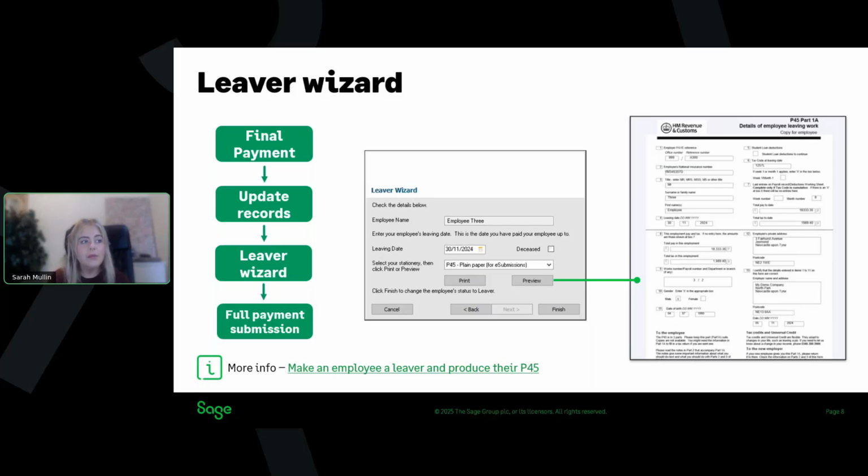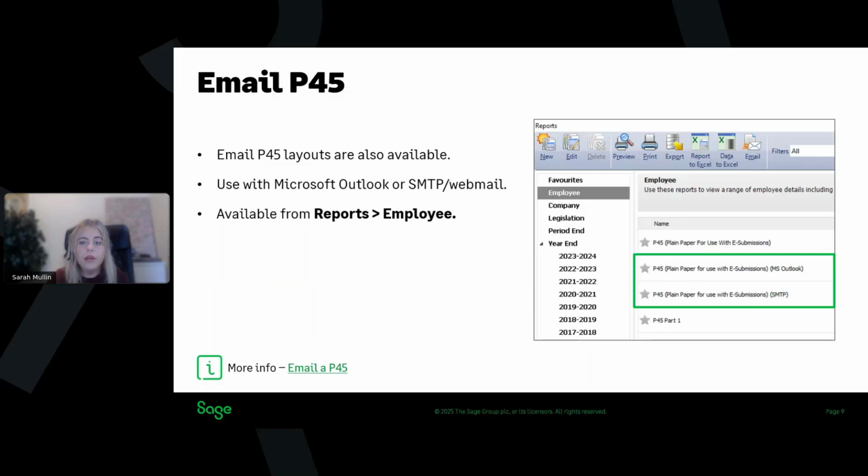Now, when you run the leaver wizard, you'll be given the option to print the P45 or preview it if you prefer. But if you'd prefer to actually email the P45, that is now possible too, but it is done slightly differently. Your email P45 layouts are available in the reports area, so not within the leaver wizard itself, but you will still use the leaver wizard to record the leaving date. If you do want to send the P45 via email, you can go to reports and choose the relevant layout, so if you use Outlook,